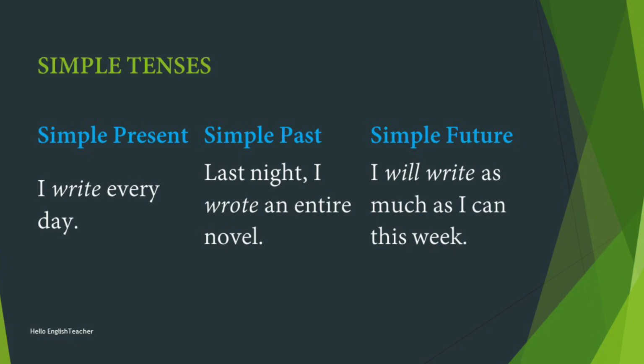And the next part is the simple future tense. What is future? As the word suggests, it means something that is going to happen in the future. So, how will you form a verb for simple future tense? You just need to add the word will plus the verb. Now, there are other forms as well where we can use the words be plus going to, that is am going to, is going to, or are going to. So, that is also another form of expressing future, but the most common way is by adding the word will.